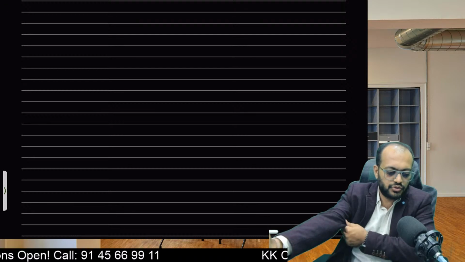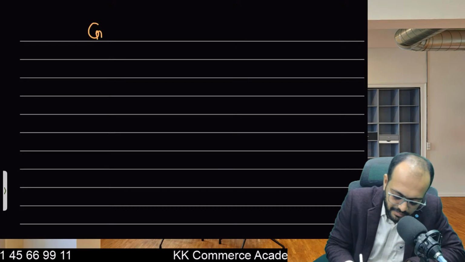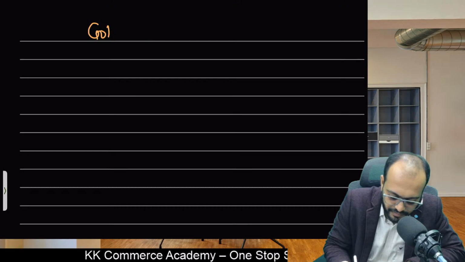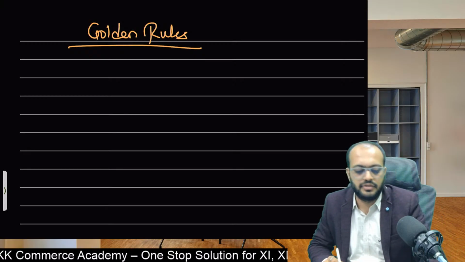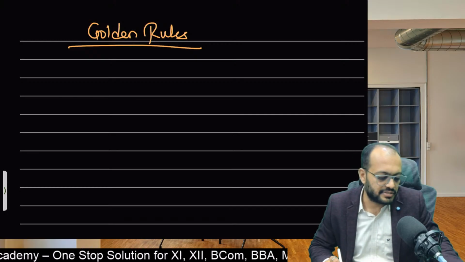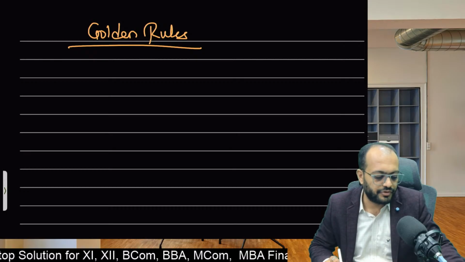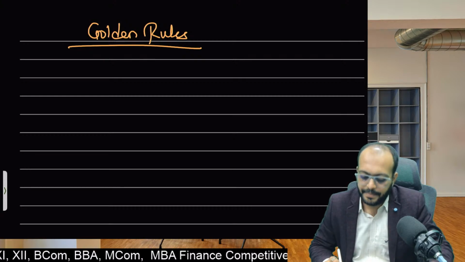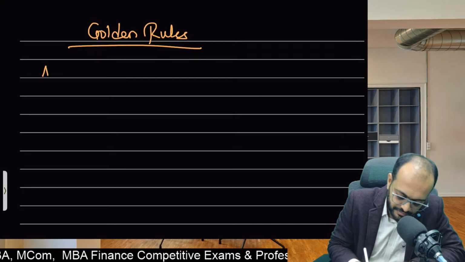Students, do remember, very simple, but these are the most important golden rules. They are useful not only for today's session, not only for the first chapter, but applicable throughout accountancy. Whatever degree, certificate or professional course you do in future, this rule is applicable always and everywhere. So let's see. First is asset,